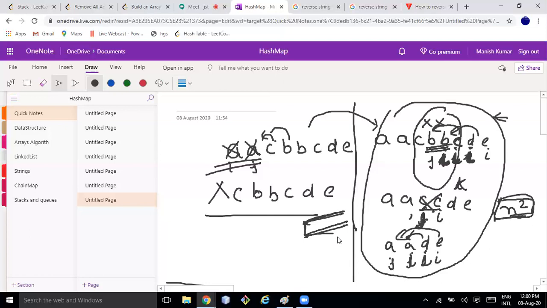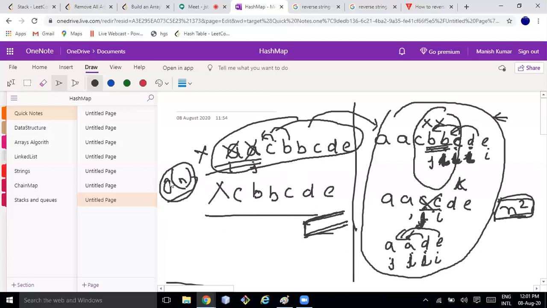So if I say, in the same problem, that I want to solve this problem without using extra space, without using O(n) space, how can you do it? You will have to follow this approach.